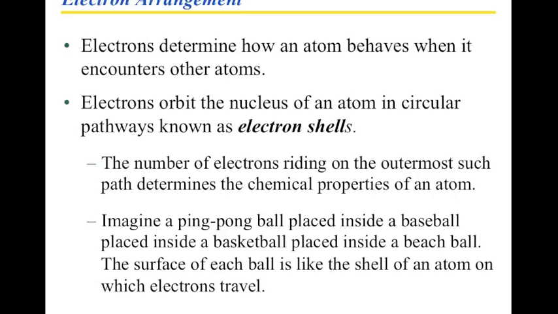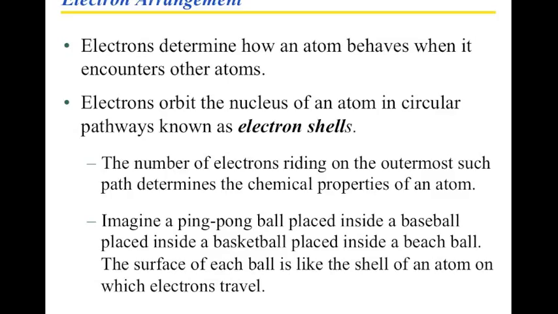If you have a larger kind of atom, then you may have additional shells. On top of that baseball shell, maybe you take that baseball and ping pong ball assembly and place them inside a basketball. Well, the basketball is then giving you the next layer of electron surface, another electron shell, and now you place that whole assembly into a beach ball and you have another one. And so, just as this example goes, we have the nucleus in the middle, we have one shell, that's the baseball, we have a second shell, that's the basketball, and we have a third shell, that's the beach ball.